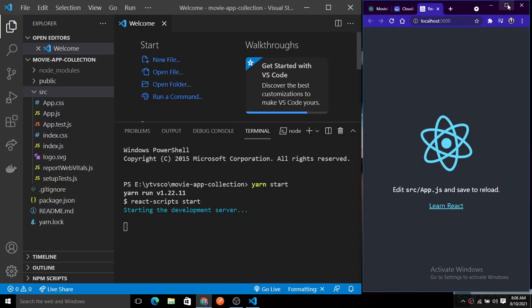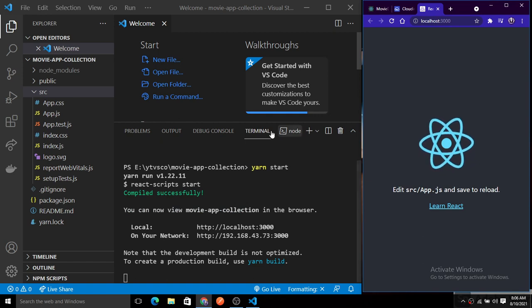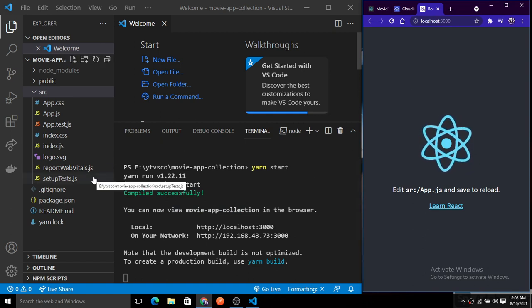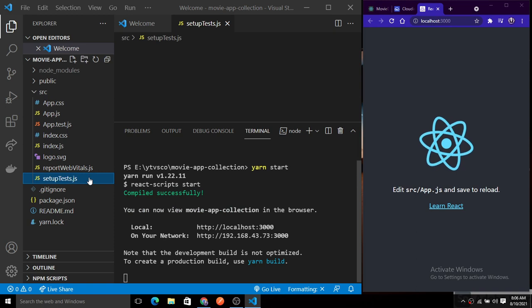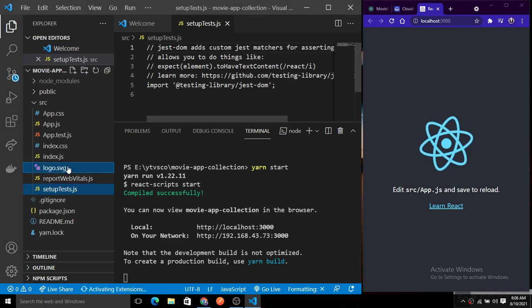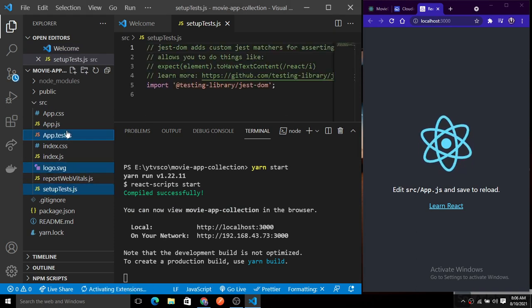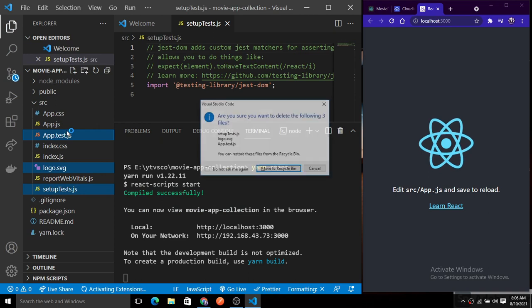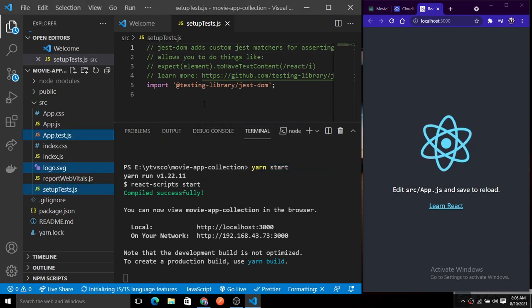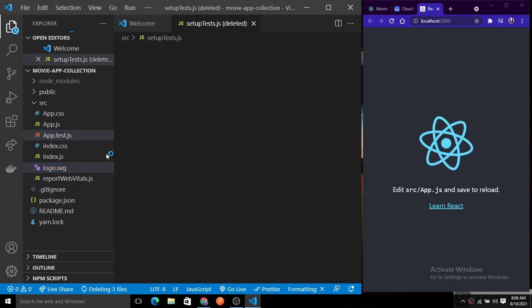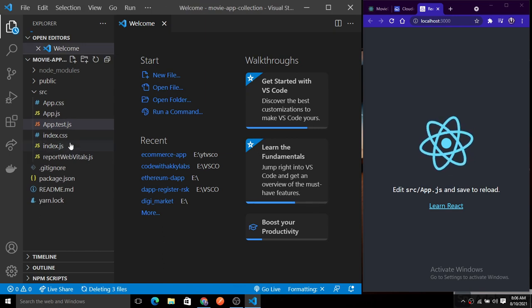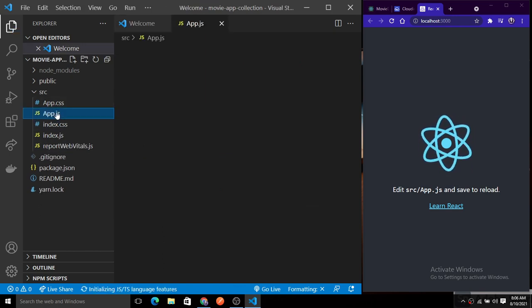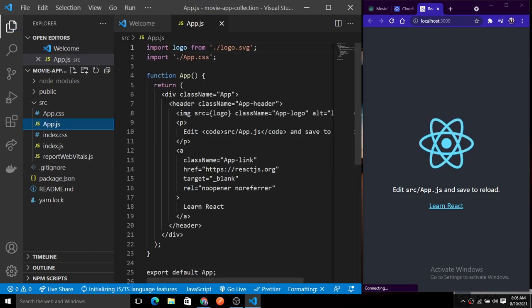Let's minimize this, and now let's do some cleaning, because we are not going to use any test files here. Let's remove the logo and App.test and delete them. Inside App.js, you will see the header section.